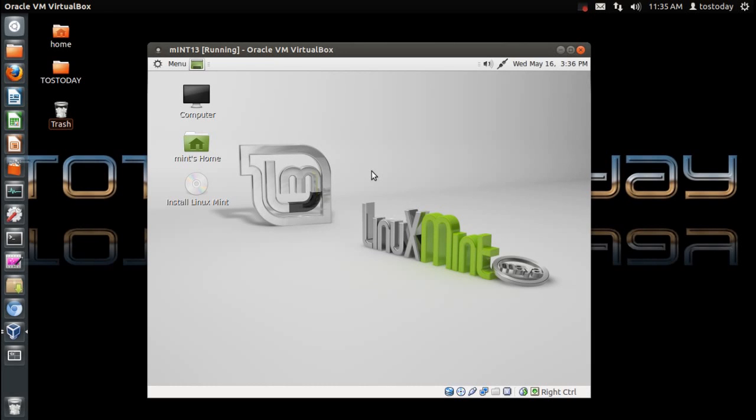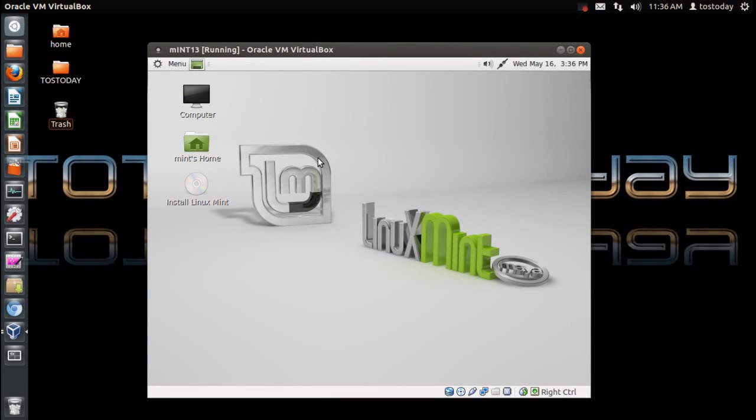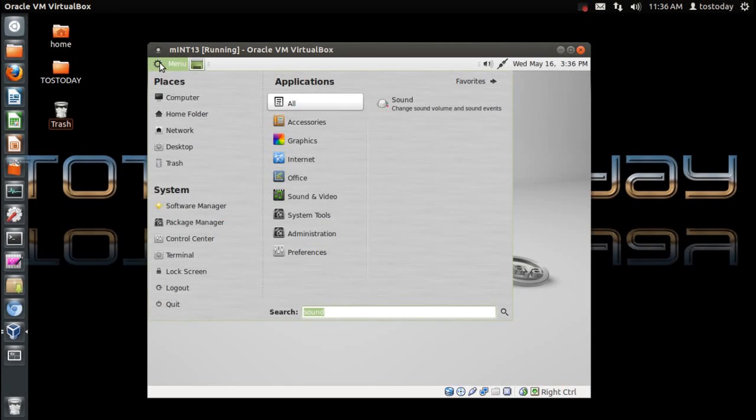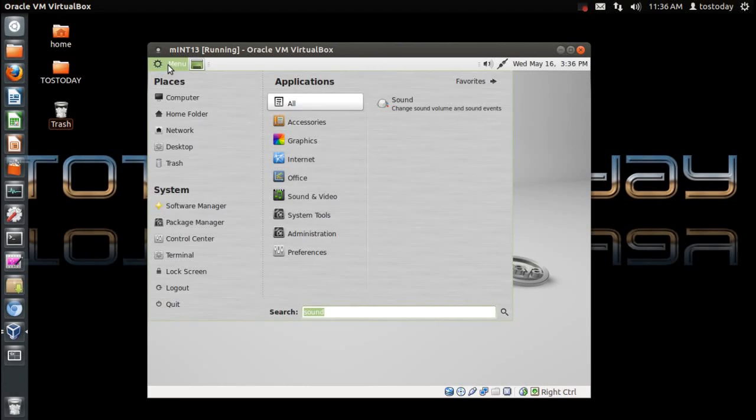If you did not like Unity, which is what I have here, you will love Mate. And Cinnamon, I believe, would also be customizable, but probably not as familiar as what you see here, if you were used to the old Linux Mint or the old Ubuntu. One thing I did notice. Let's take a look at the